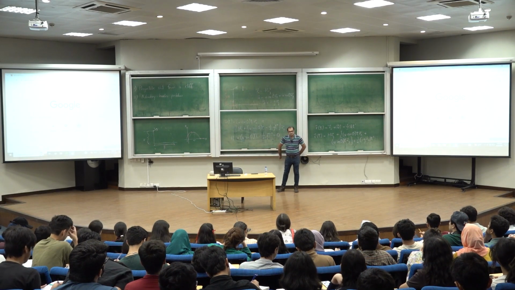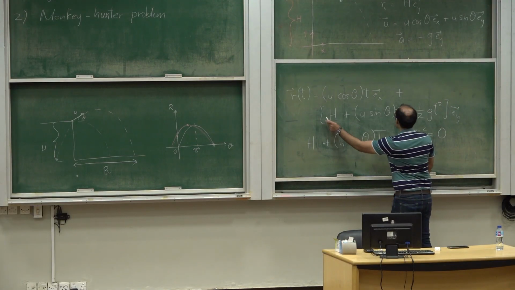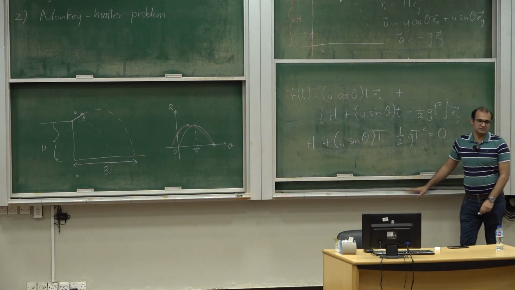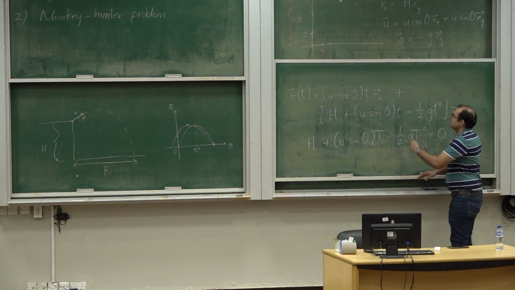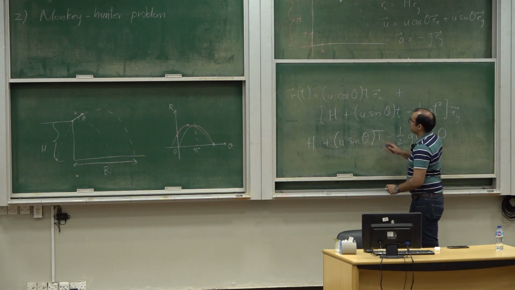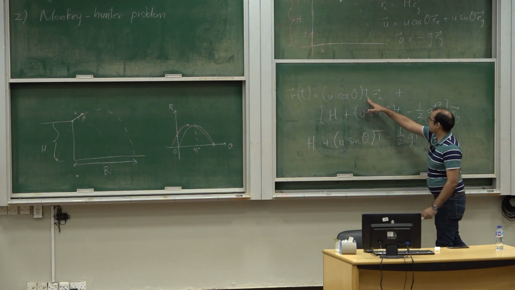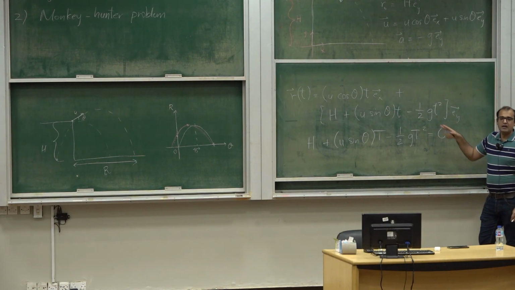Okay. So this thing in the square brackets, I've set that equal to 0. So if I put in capital T over here, the position vector